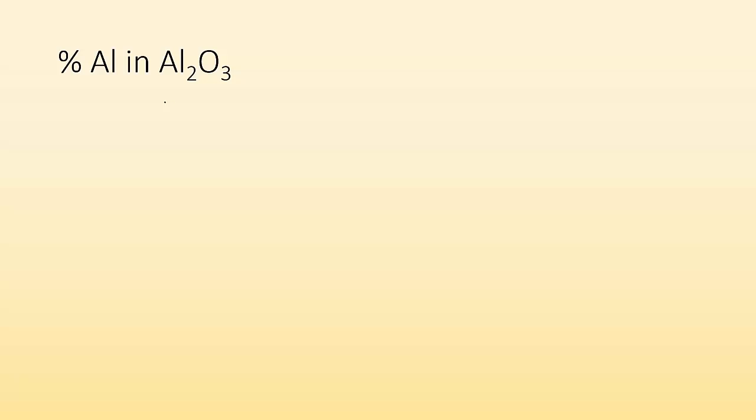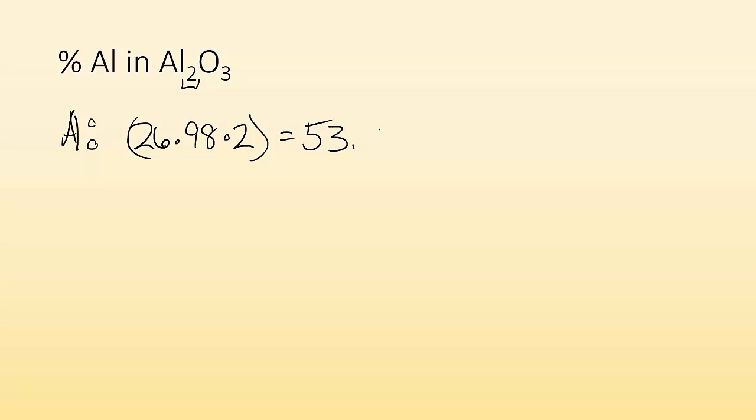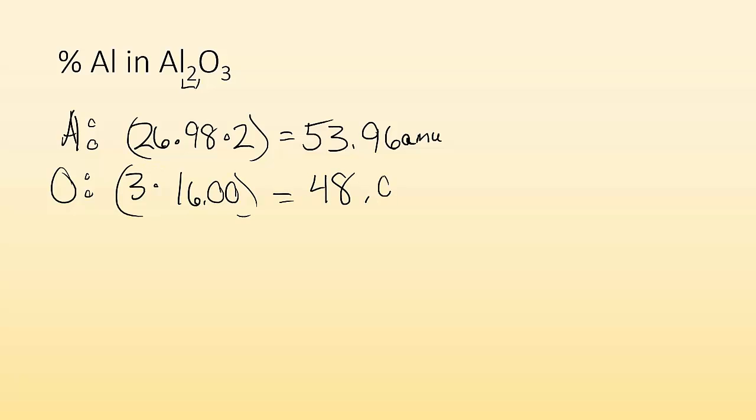Well, same process. Figure out what is the mass of each aluminum? Well, aluminum, I look up its mass, and it is 26.98 AMU, and I'm going to times that by 2 because there are 2 aluminum, and I get a total of 53.96 AMU, and that's just for the aluminum. Now what about the oxygens? Well, the oxygen is going to be 3 times the mass of each oxygen, which is 16.00, and I'm going to get 48.00 AMU. So when I add them together, that's going to give me the mass of the whole thing, which I found to be